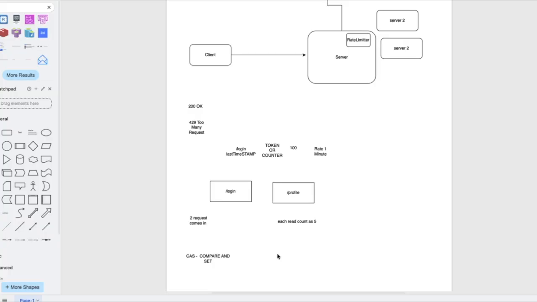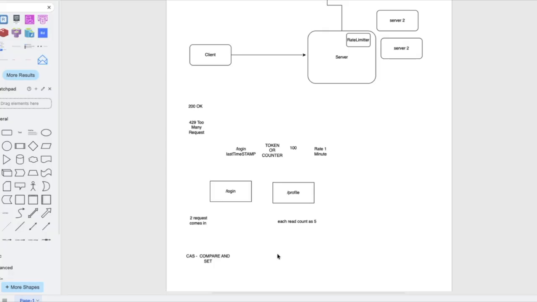Once you read, you will have version v1. So you will consume one token, you will reduce to 4. Once you go for update, you will check whether the version is the same or not. If in that time no other server has updated the same value for the same key, it will remain as v1. But if someone has updated this, it will become v2,